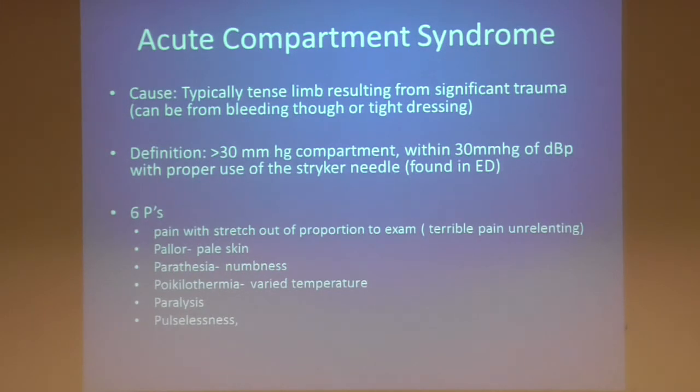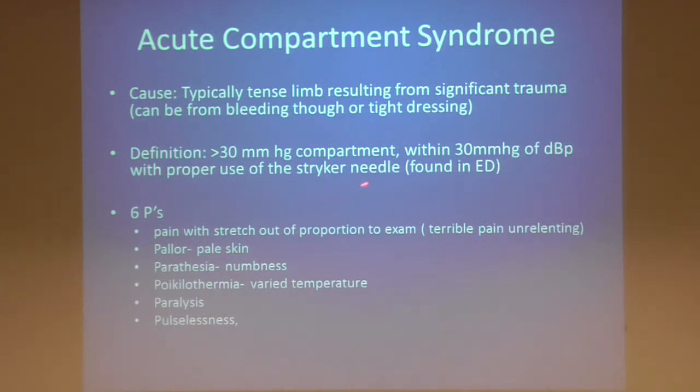Compartment syndrome, that's a common thing that we get consulted for. What is compartment syndrome? So essentially, the swelling in that specific limb is more than the blood supply going to it. Unfortunately, these numbers are not hard either, but a lot of times greater than 30 millimeters of mercury in that compartment, or a delta of 30 millimeters of mercury from the diastolic blood pressure are good guides to use